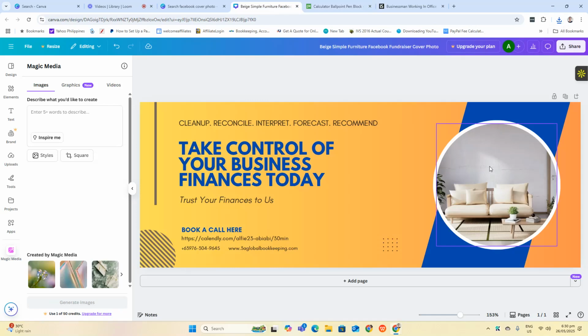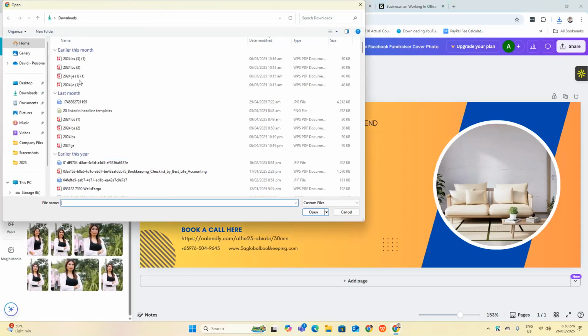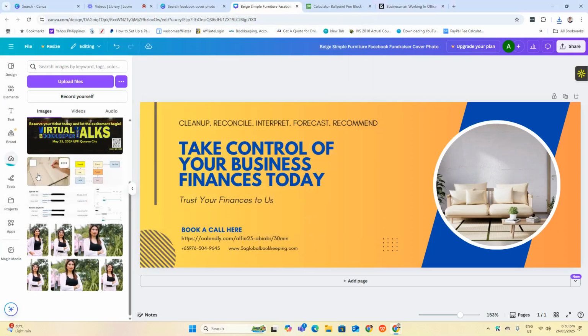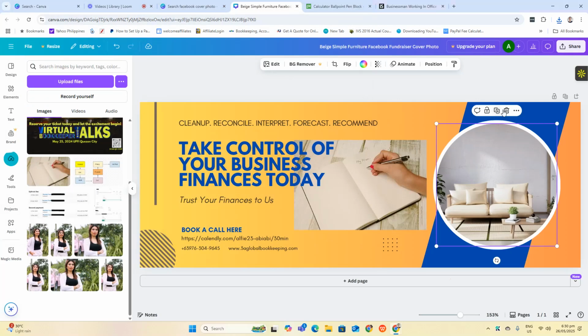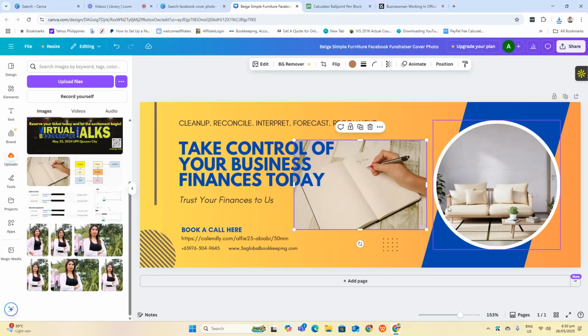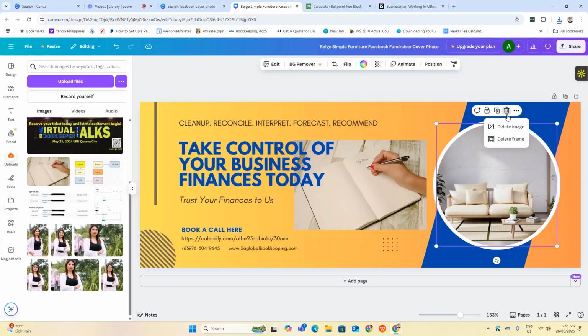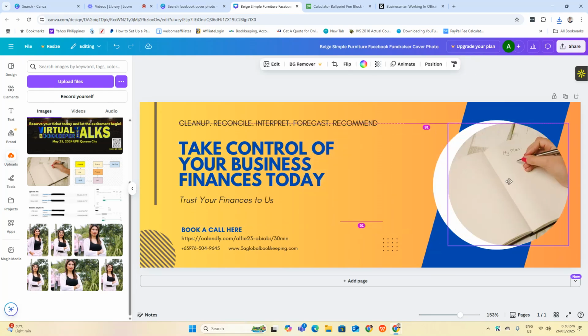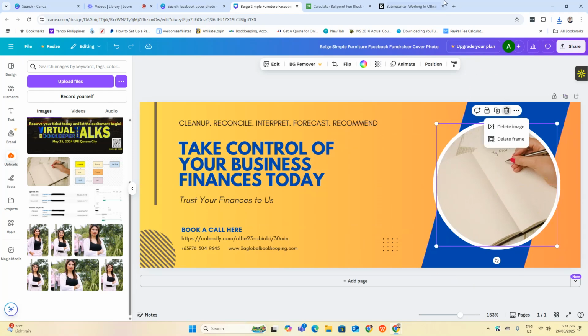And then I'm gonna upload the picture. Load files, calculator. And on here. Instead, I'm gonna eliminate this one. And then replace it. It's not clear.